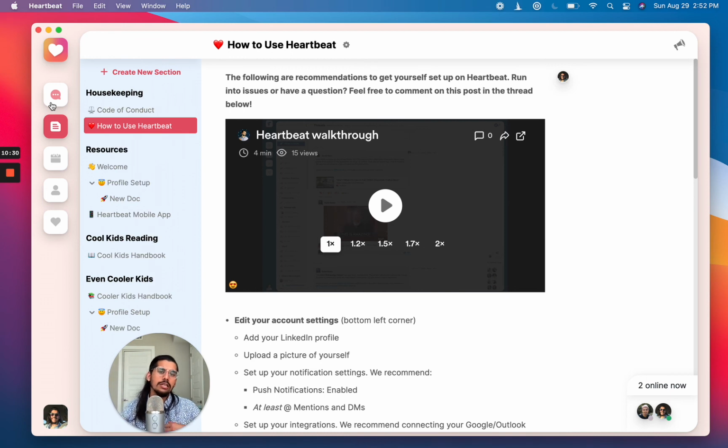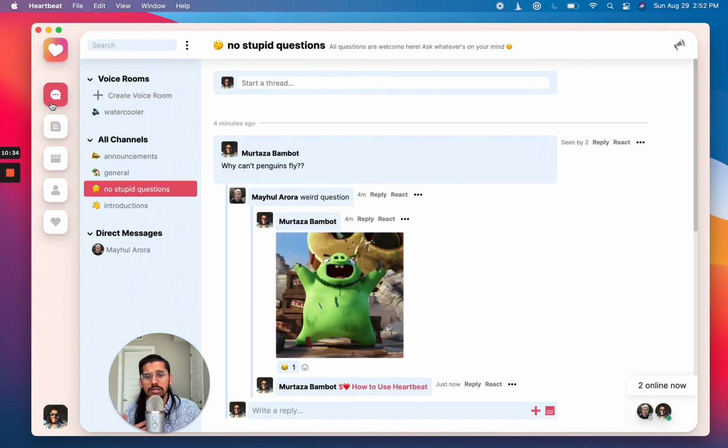So some people do custom Typeform integrations for applications to join the community. Some people do cool events workflows through Airtable where they'll set up events. When they move it to a certain column, it automatically makes the event live in Heartbeat. So there is a ton of possibilities on how you can create and customize Heartbeat and make it your own.